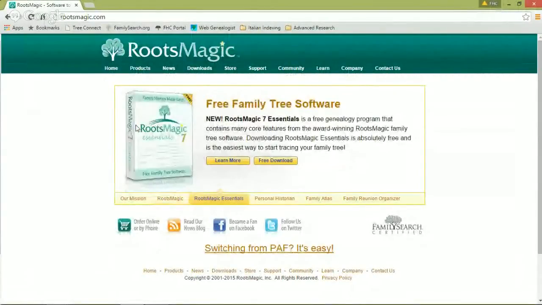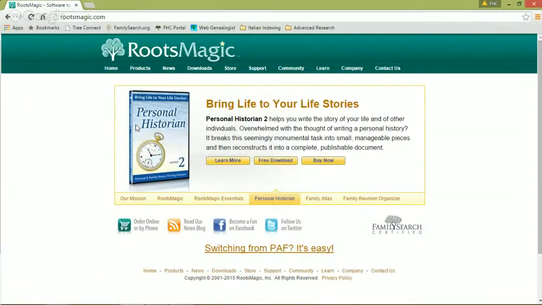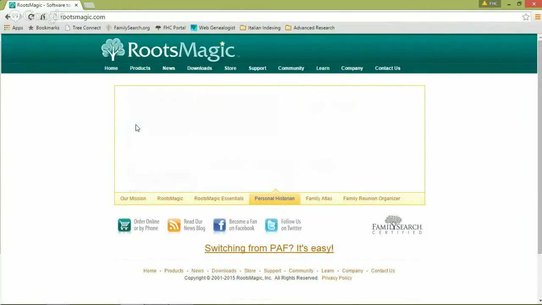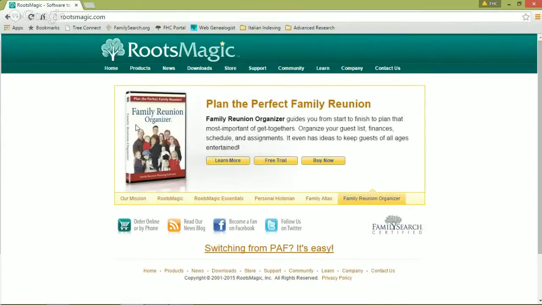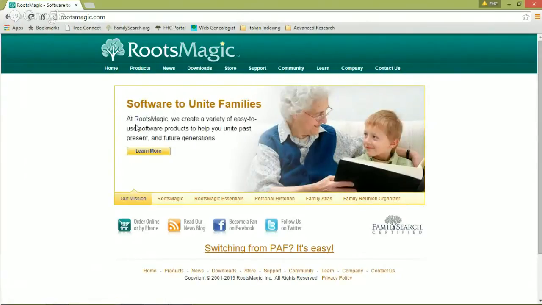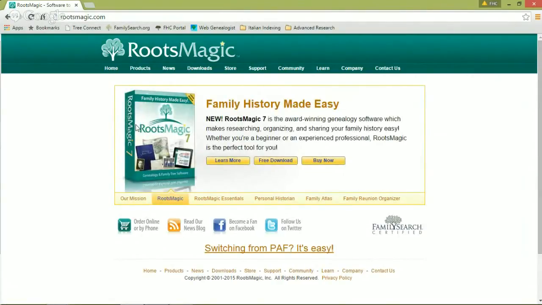Today is RootsMagic, and RootsMagic is an offline database that will record all your information that no one else can touch. The big difference between RootsMagic and FamilySearch is it's offline and that no one else can touch it. That's the big thing, because that's a big problem with FamilySearch sometimes, right? It's like a wiki that everyone can change everything on it. And that's a really good thing because everyone can work on it together, but at the same time,